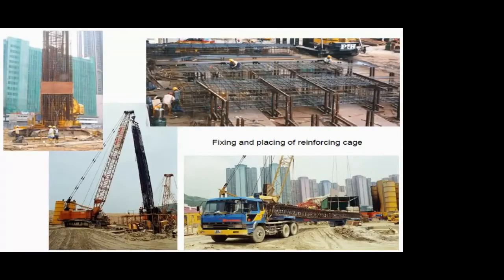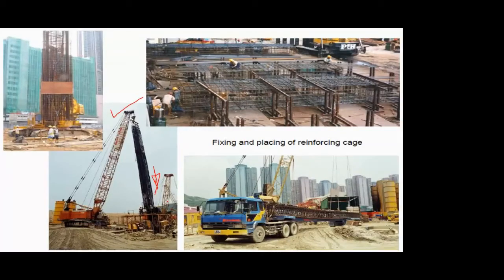Now once that is done, comes the part where you have to insert the reinforcement. Understand that your trench has been excavated, there is bentonite slurry in it, and into that slurry itself you have to place this reinforcement cage. This cage is generally prepared on site, in some open area. Once it is prepared, it is lifted using a crane, made vertical, and lowered into the excavated portion.